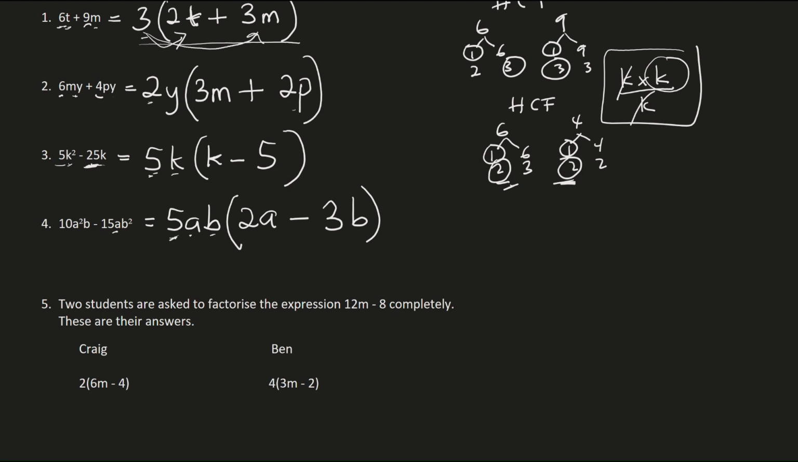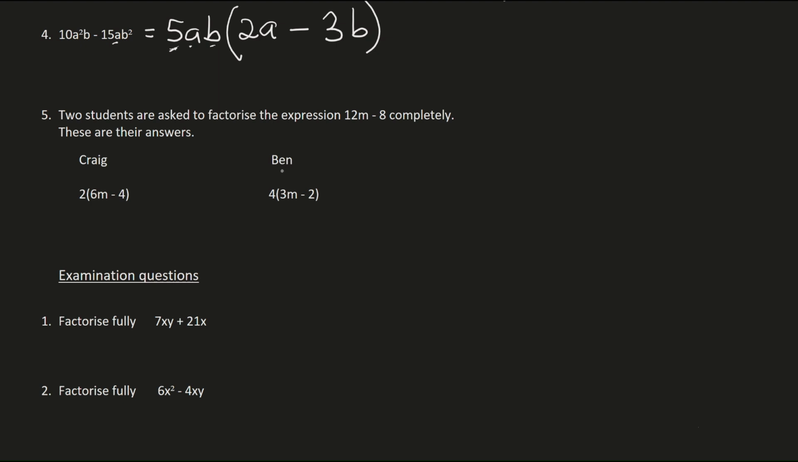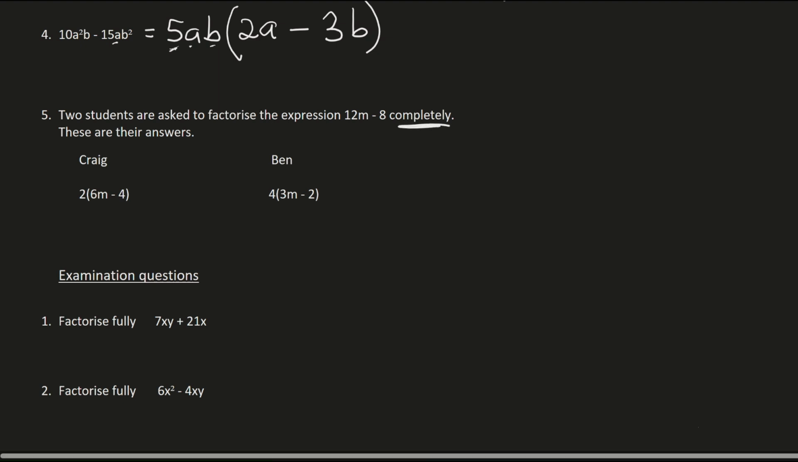All right, now let's move on to question 5. It says two students are asked to factorize the expression 12m minus 8 completely. These are their answers. So you can see the answer for Craig and you can see the answer for Ben. At this stage, I need you to pause the video, solve it, and check if you're correct when you're done. Now let's move on. The word we need to focus on here is completely, because that changes everything about this